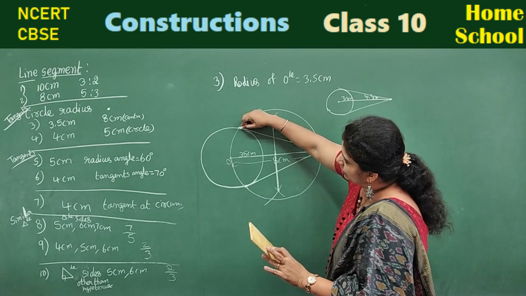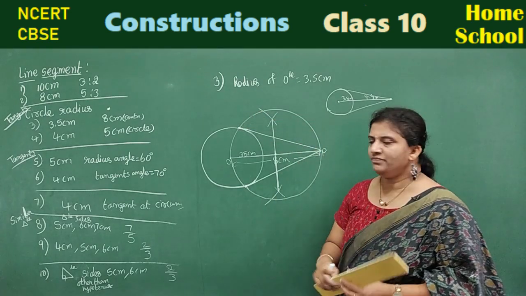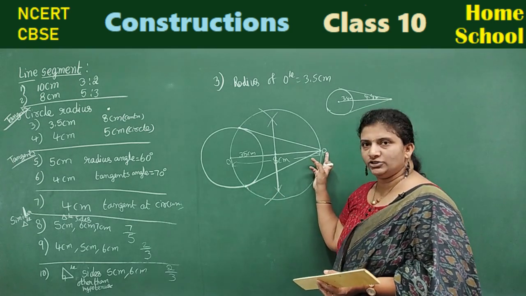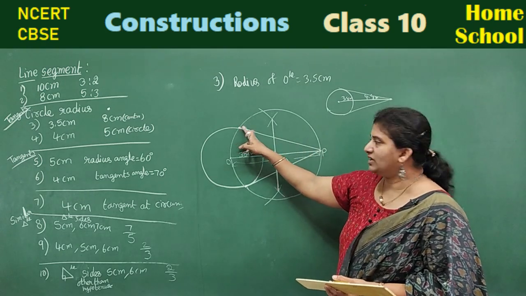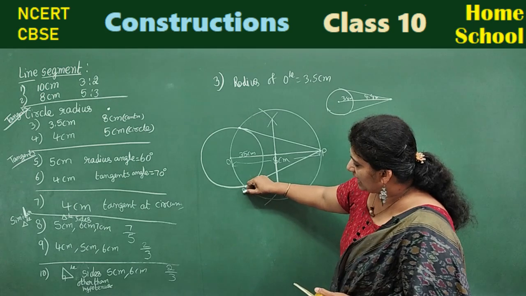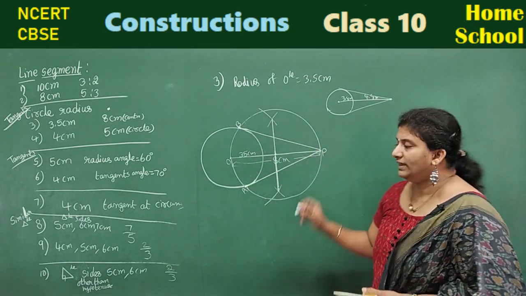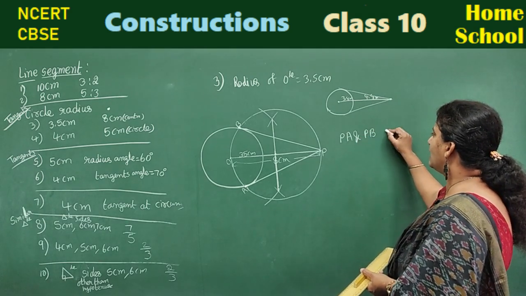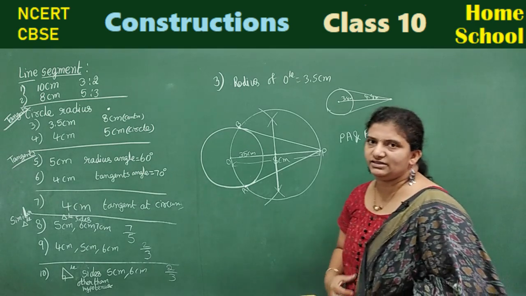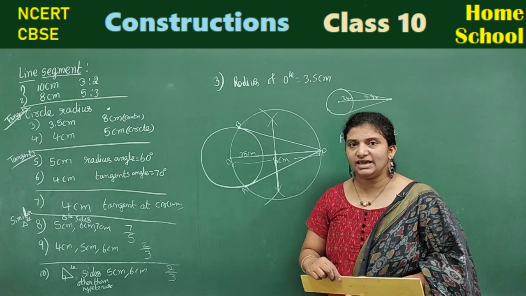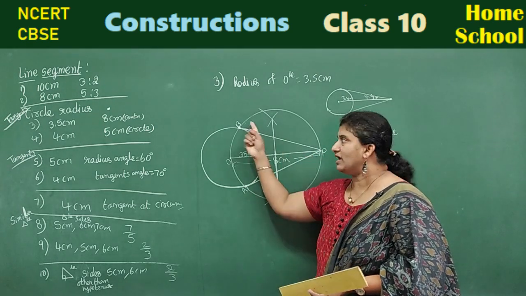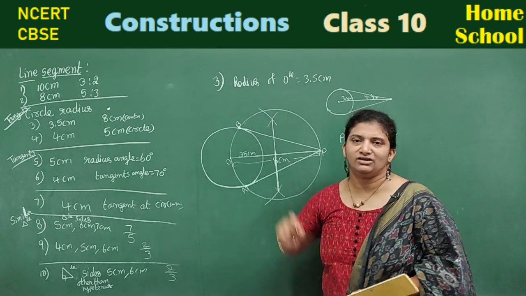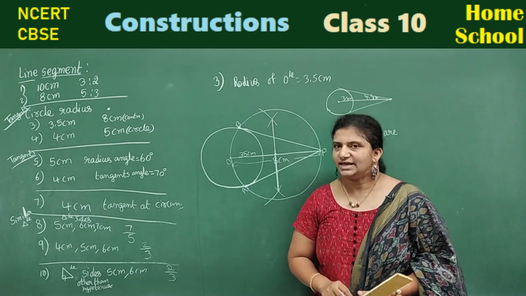So the scale is not enough for me. Just observe here. New circle where it is touching the old circle, from that point to the external point join. Here also in the same manner, from here to here join and mark these as A, B. Therefore, PA and PB are the required tangents. You need to end your problem by saying PA and PB are the required pair of tangents from an external point to a circle having radius 3.5 centimeters.